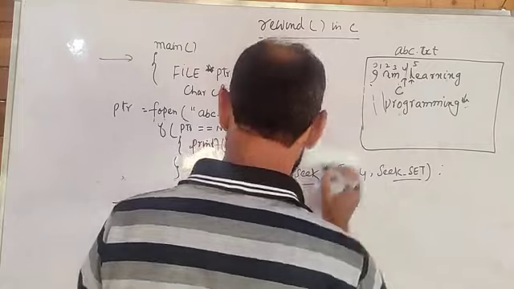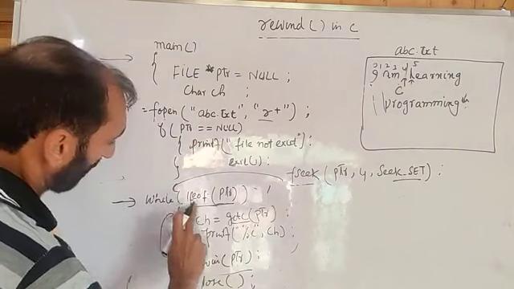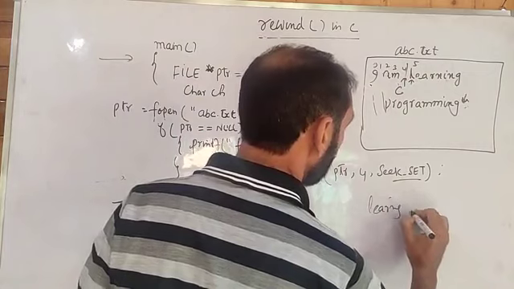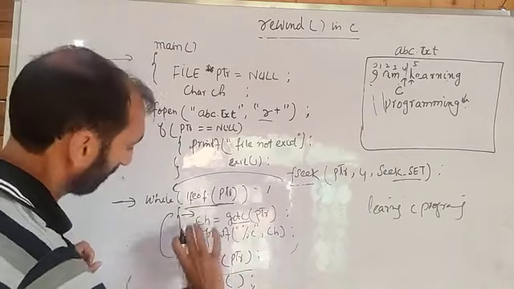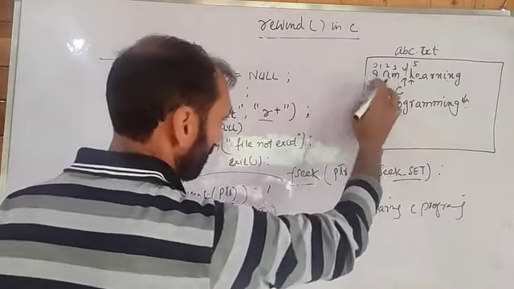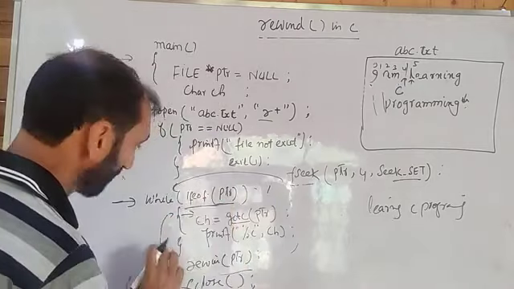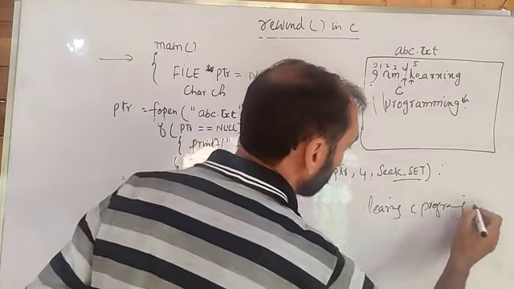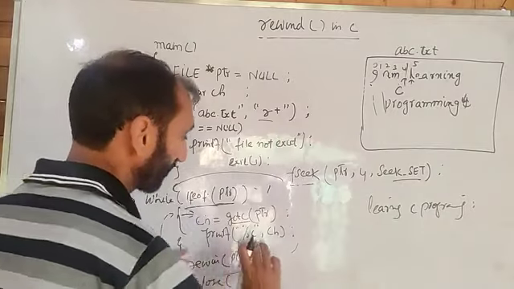Now the cursor is here. After execution of this line, we can use this while-not-EOF loop, and now it will print only "learning C programming". First we write this, then fseek. It will move the cursor from the beginning to the fourth index, and after that this is the logic for reading a file. So it will print "learning C programming", and after execution of this loop, the cursor will be here,